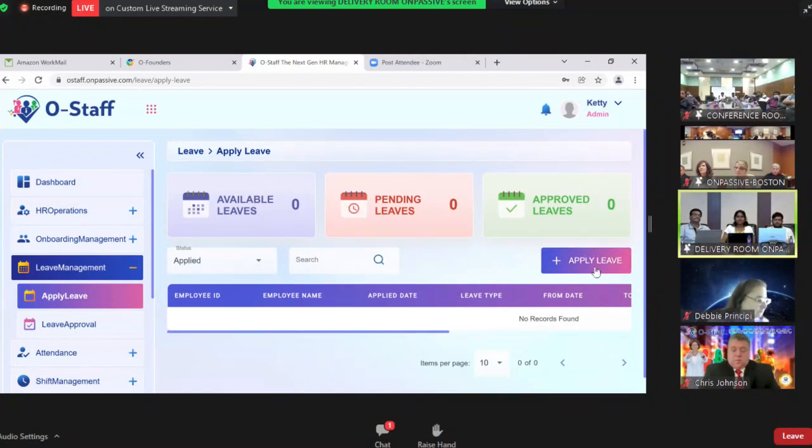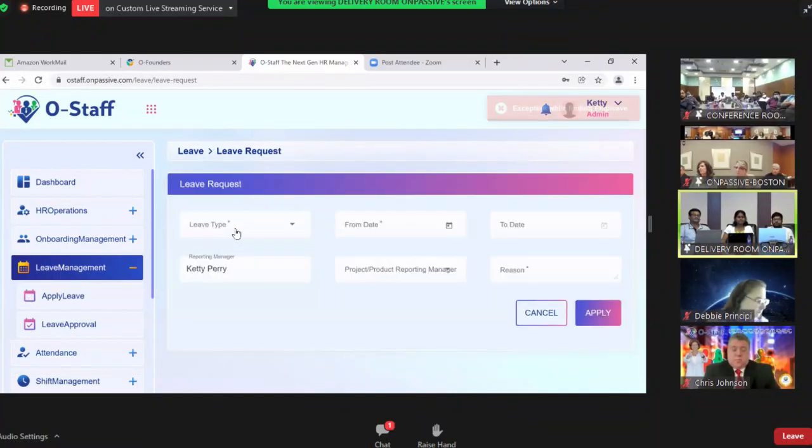So based on that, he can apply the leave. Here is the leave type. This leave type is whatever leave type is available for the employee in the organization will be showing here. By clicking on this, a list of the leave types will be available. For which date the employee needs to apply a leave, by selecting the from date to the to date, he can apply a leave. By default, the reporting manager of the employee will be fetched